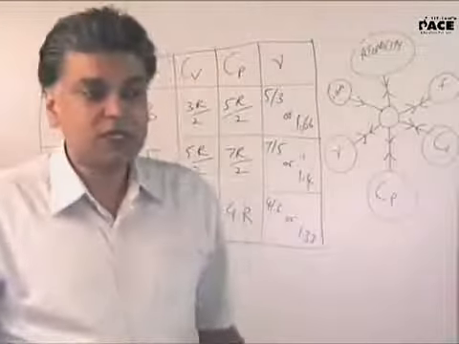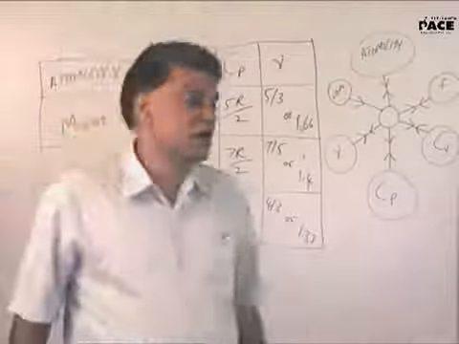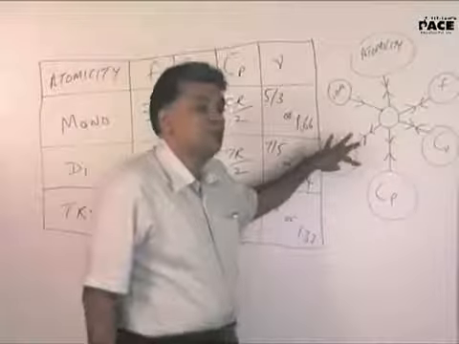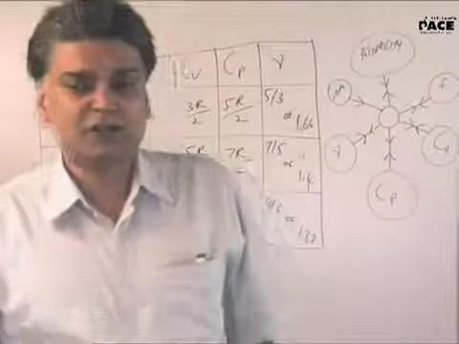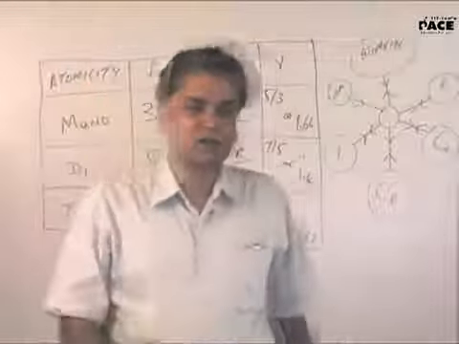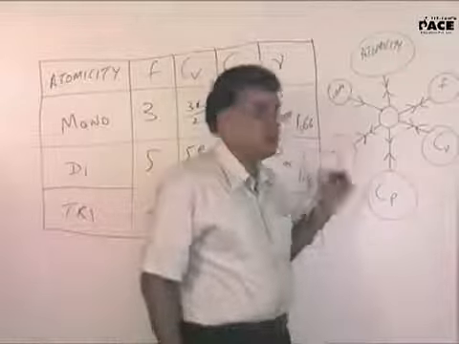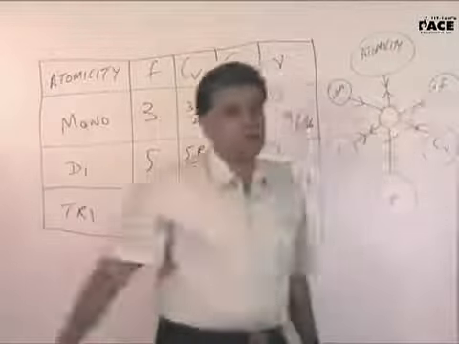So what happens usually is, if a question requires gamma, the questioner will not give you gamma, they may give you something else, the degree of freedom or atomicity or some such thing. But just understand, this is just an ordinary game. If you don't get gamma, if you get something else, you can always get gamma from there.